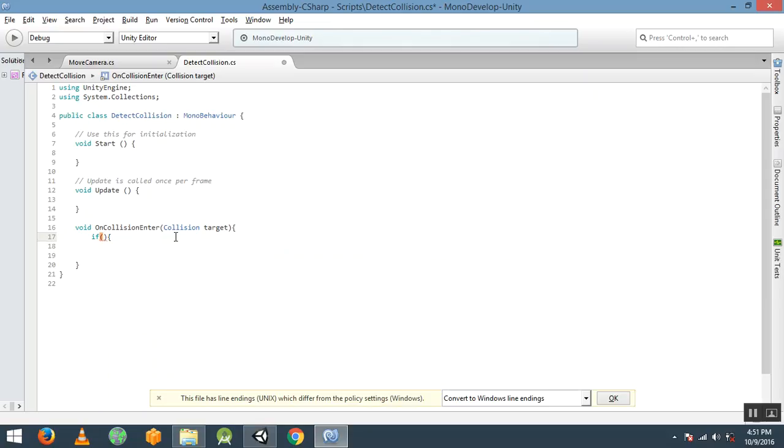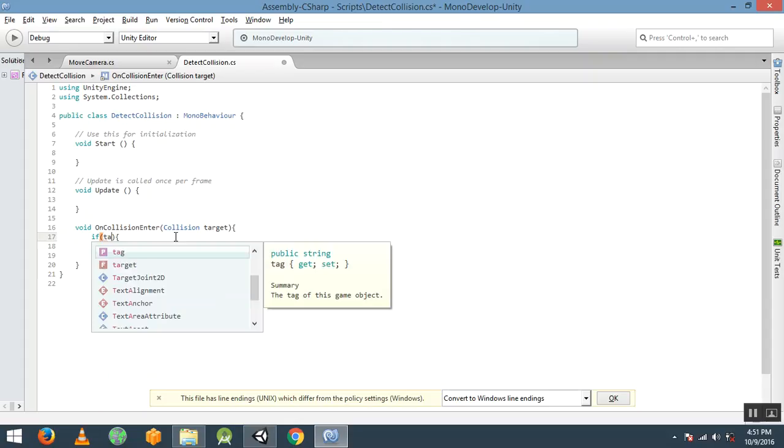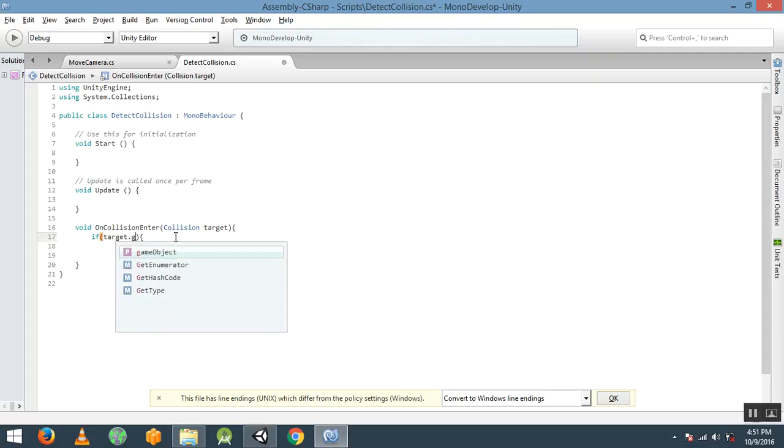For that purpose we use tags. We haven't created any tag in the Unity editor, but for now we will use it and then create that tag. If target.gameObject.tag is equal to brick, then what to do?